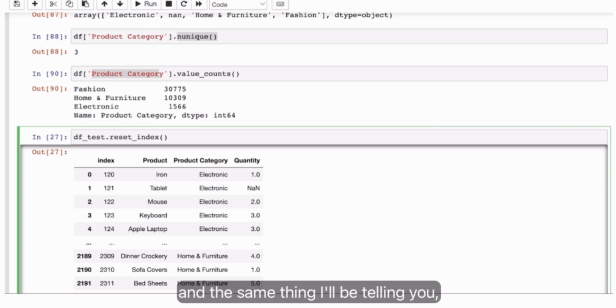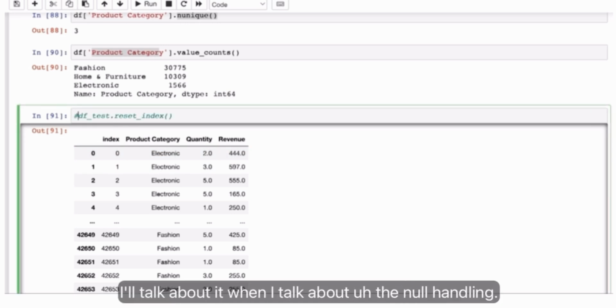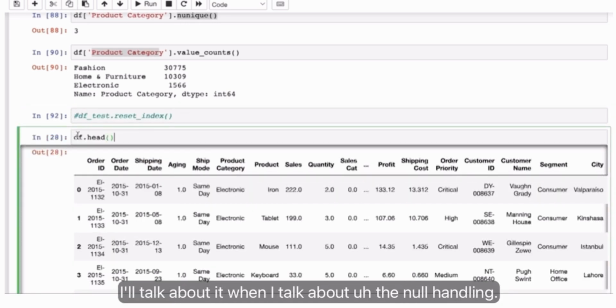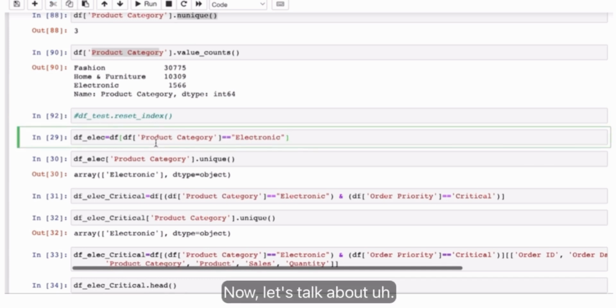And the same thing I'll be telling you when I talk about null handling, I'll talk about this more. But again, reset index is a function which is utilized to reset the indexes of the new entries. So for now we'll just skip it. I'll talk about it when I talk about the null handling part. Okay. Now let's talk about